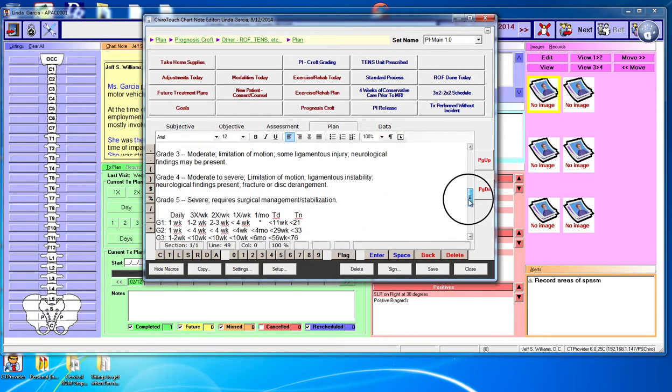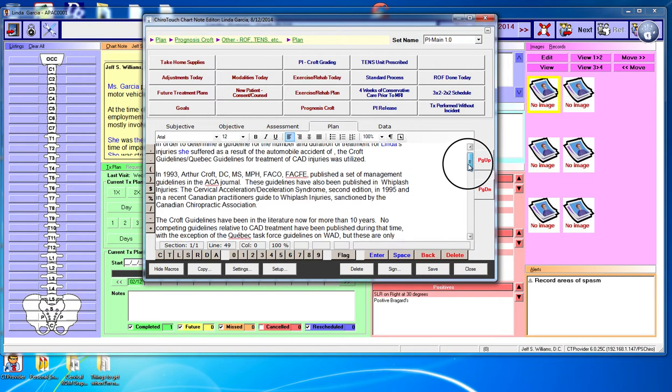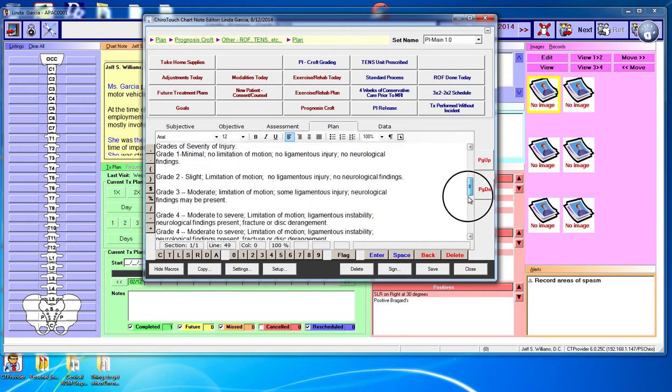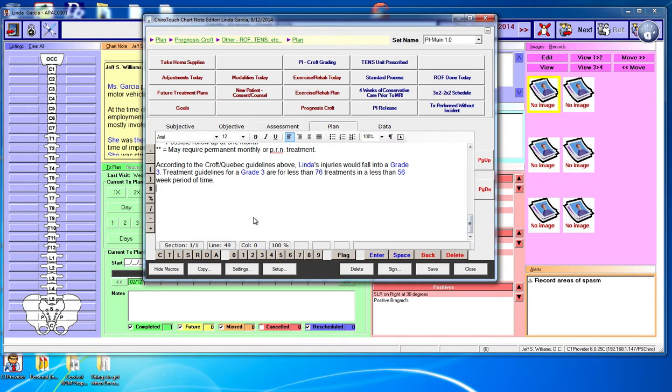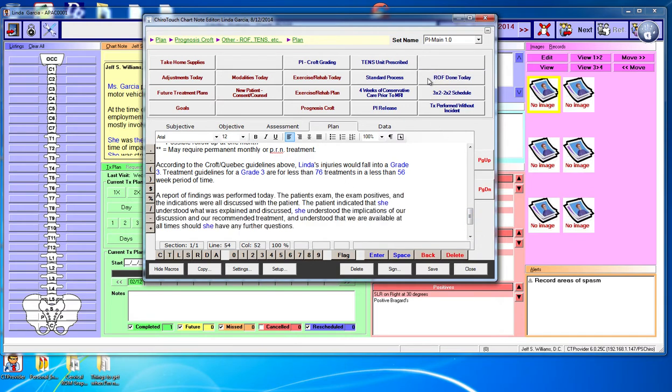Now we just created this, which is very impressive, I must say. The report of findings was done today. These are just little notes that you can use as you see fit. You always need to have goals. So